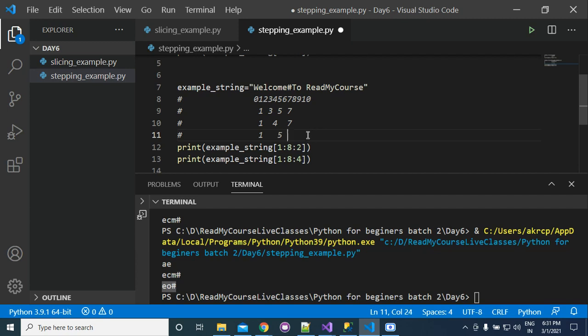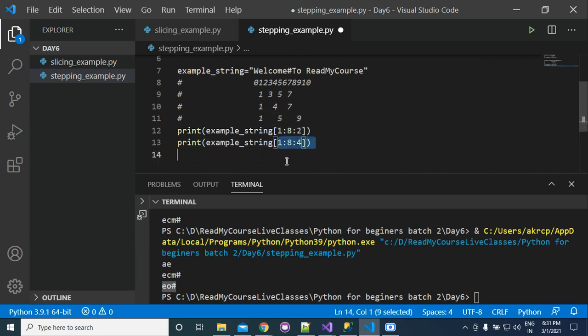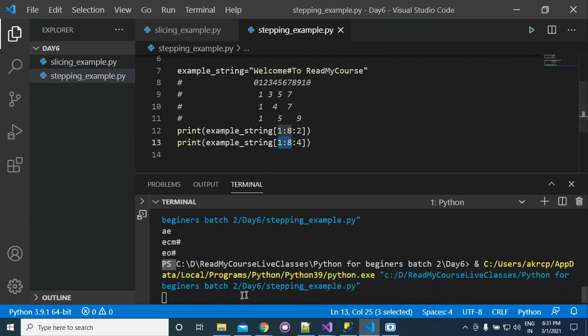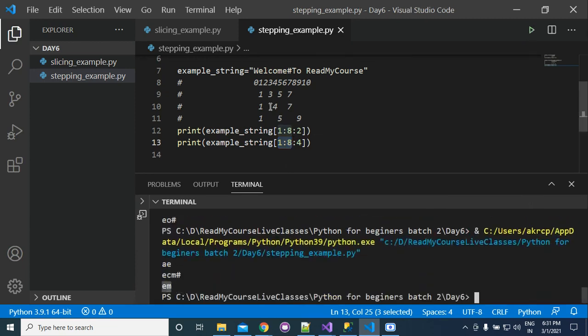After that we would have 9, 5 plus 4, but we will not go up to 9 because our index is from 1 to 8, meaning from 1 to 7. So we will go from 1 to 5 only. If you run this program, we will get EM. So we are getting this E and then M only. I think this stepping is clear to you.